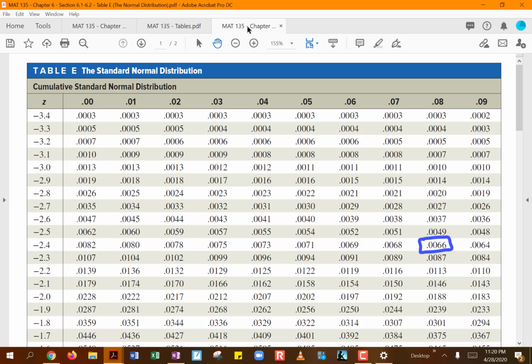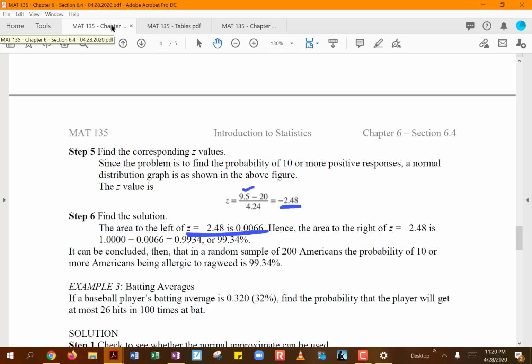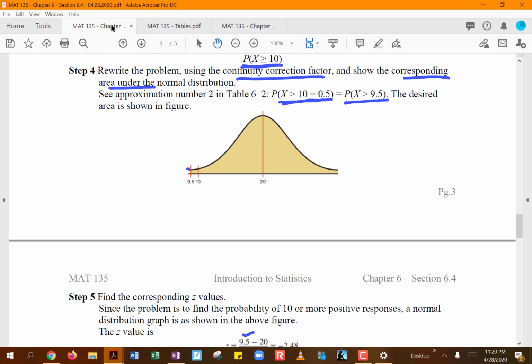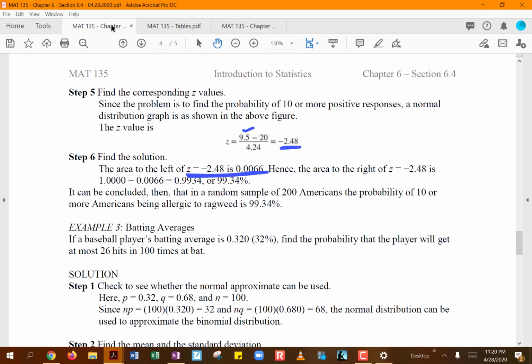So that's your probability, but this is of course going to show you the less than, right? So it's going to be this little tail end over here, which has that probability of 0.0066. So to find the probability to the right, of course we do 1 minus that probability, and that gives you an answer of 0.9934 or